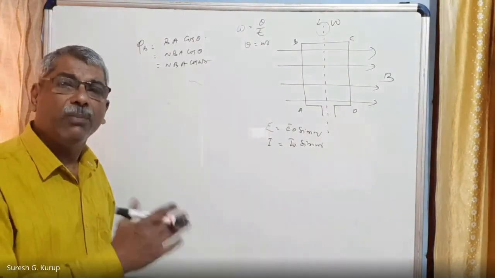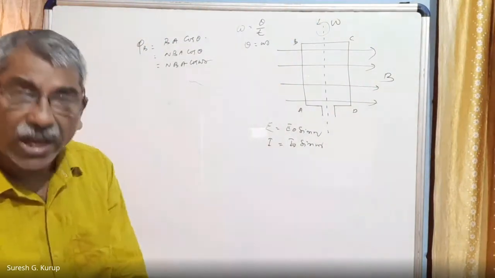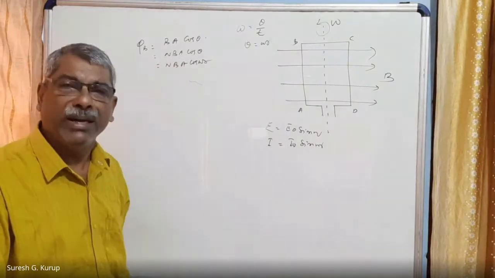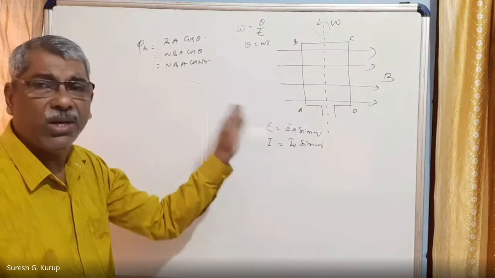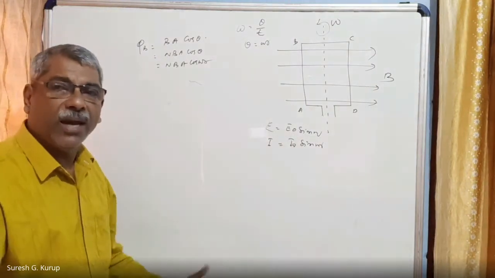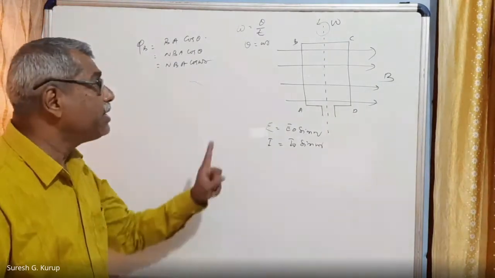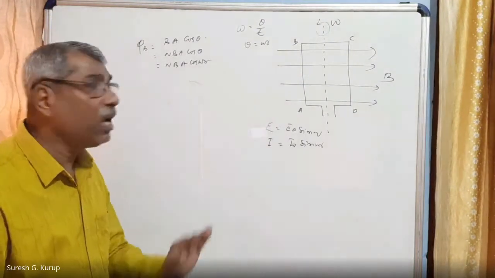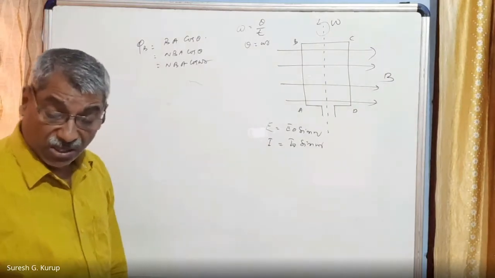That means the coil must rotate or move. So there must be a relative motion between the magnet and a coil or a conductor, then only EMF is induced. So in this case, the coil is rotating, due to which there is a change in area, and hence there is a change in magnetic flux linked to the coil. At any instant, the magnetic flux linked to the coil is given by NBA cos omega t. How this theta came to omega t, you know it.